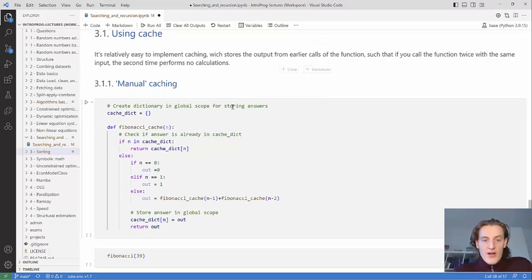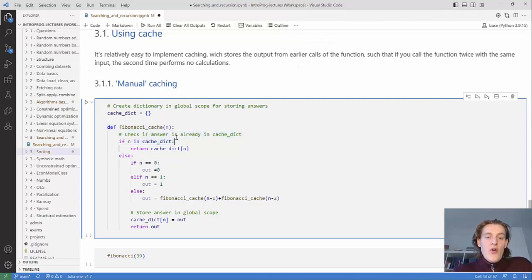So the second time performs no calculation, it just draws from memory. So we create in the global scope a dictionary with all our previous calls and answers, and